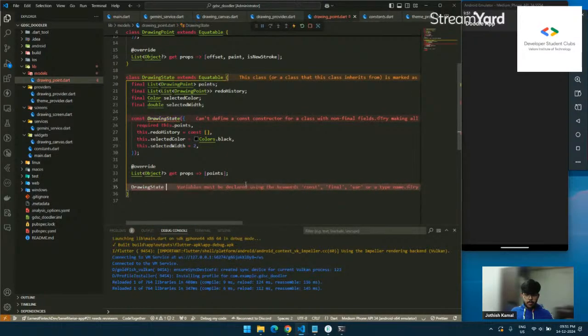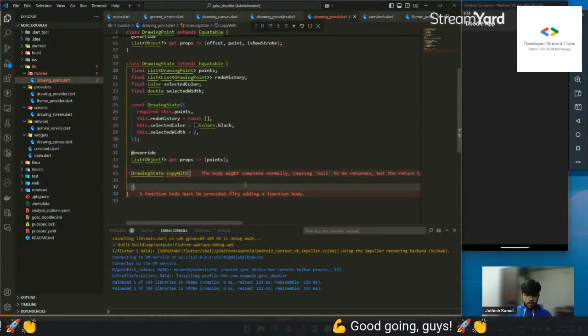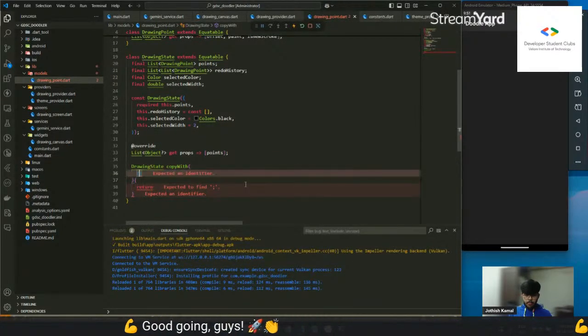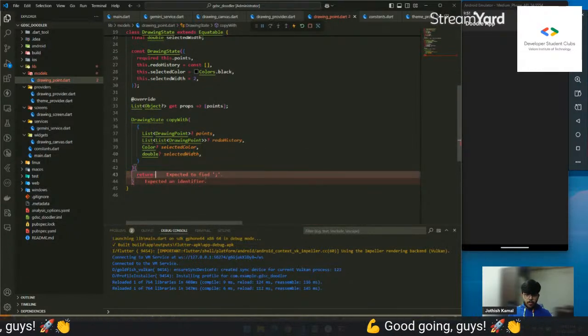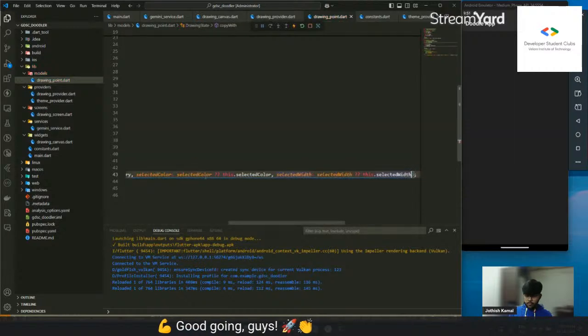Drawing state copy with, gonna take, return. So inside this, yeah, return a new drawing state with the following